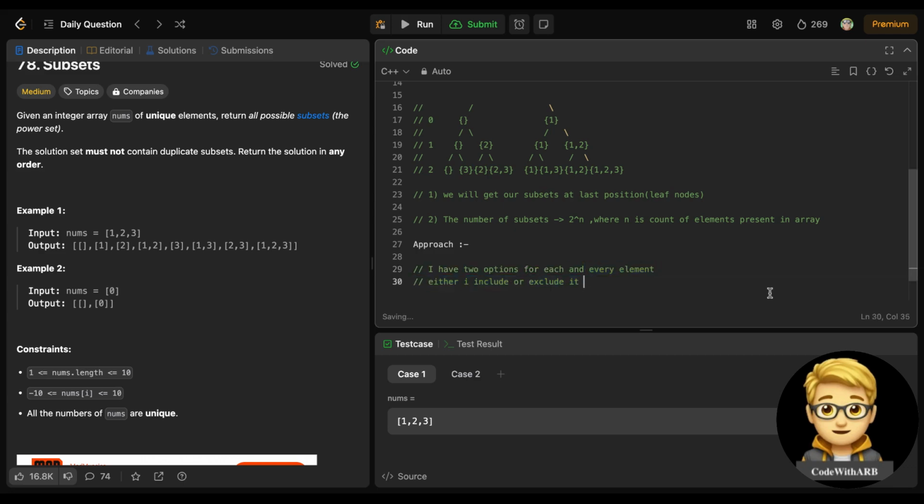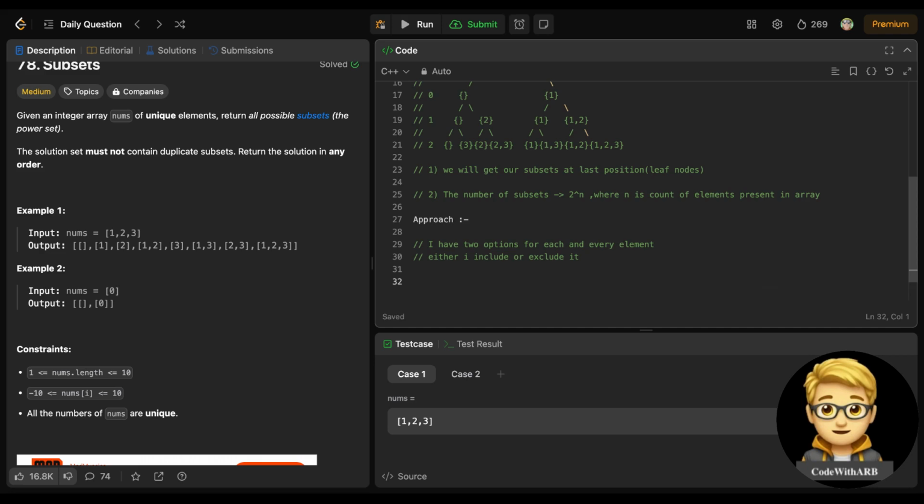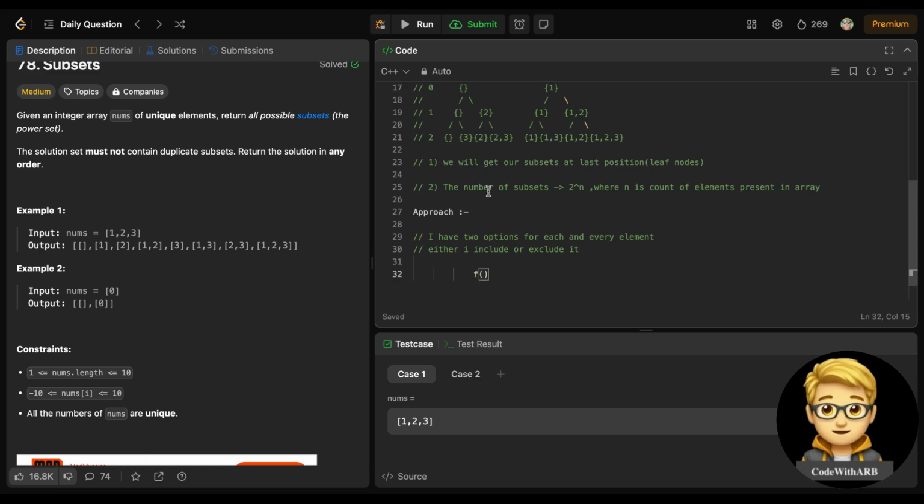So what will we do? We will start from every point, and either I include or exclude it. I will iterate again and again through our recursion stack, right? So what will the base condition be? This will be the function. Either I can take this or don't take this.